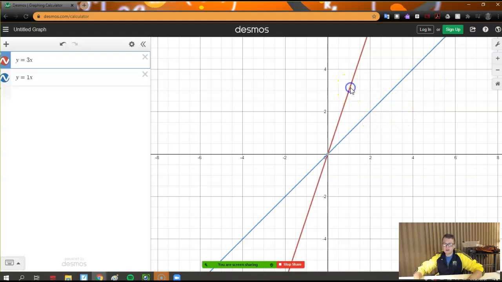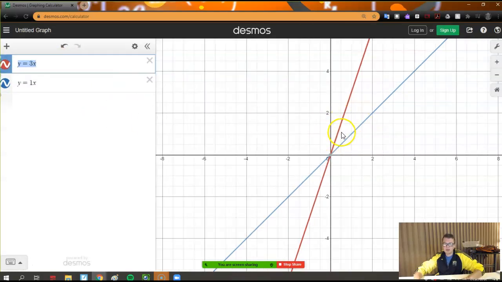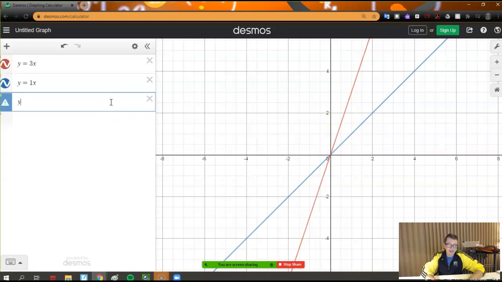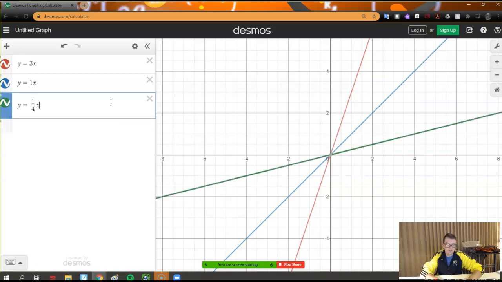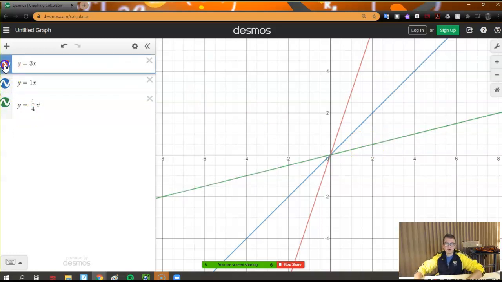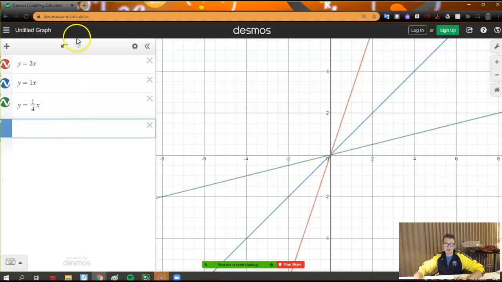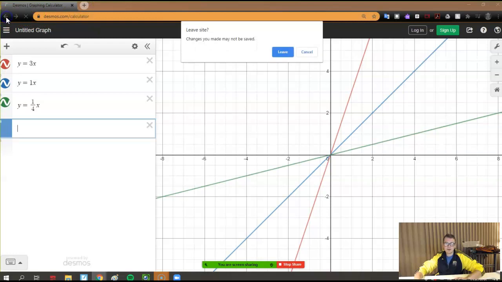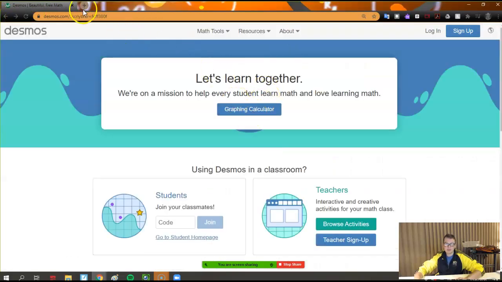Any number bigger than 1, like this line with a slope of 3x, is going to go faster. Any slope less than 1, like when we saw that slope of 1/4, is going to be less steep. It's going to lay down. Sorry, these colors don't match what we just did, but if you long hold on here, you can change the color or what the line looks like. If you want to, you could do that right now. Desmos.com, click on graphing calculator, and you can play with stuff and look at how it behaves.